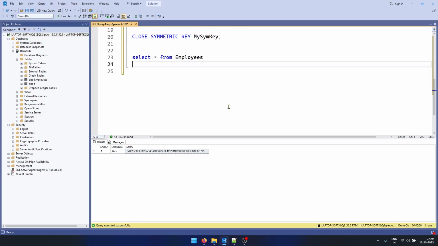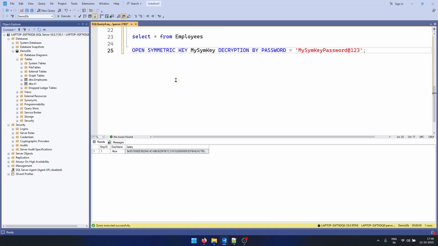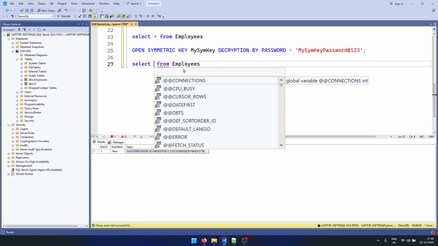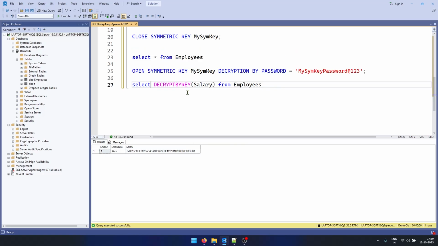To decrypt, again, we need to open our symmetric key. So let's copy this line and paste it. Now, in order to decrypt, let's say I want to decrypt the salary. To decrypt the salary, we have the DecryptByKey method, and this will take just one parameter. Let's say the parameter is salary. Let's select the name of the employee also,